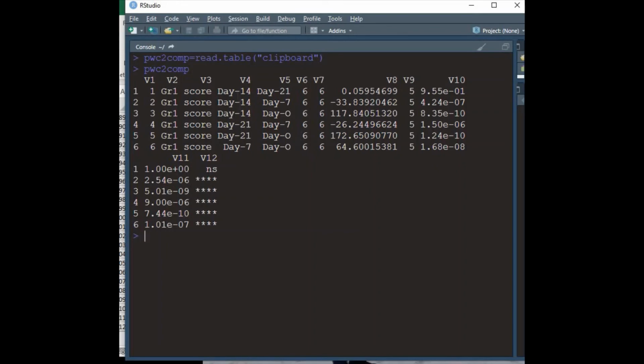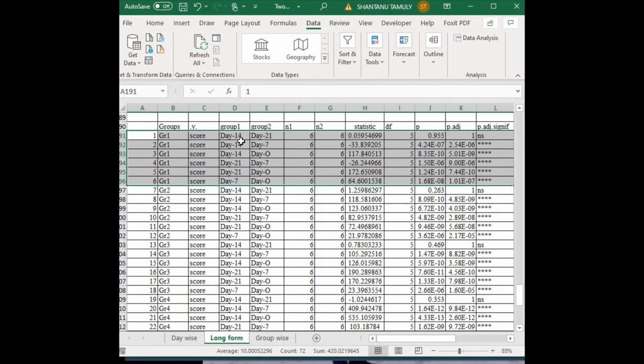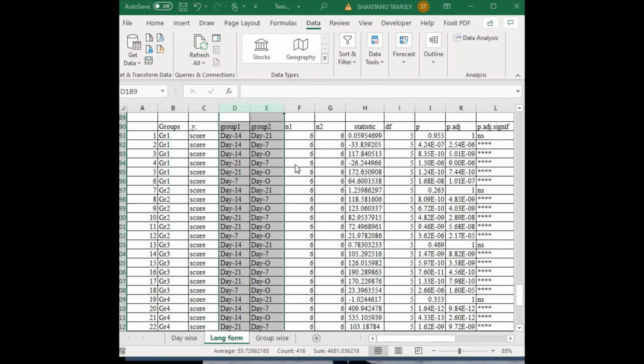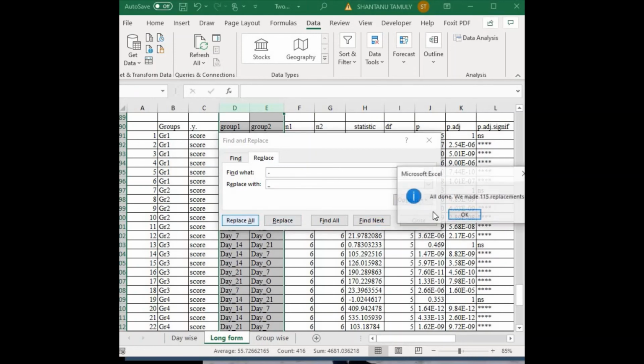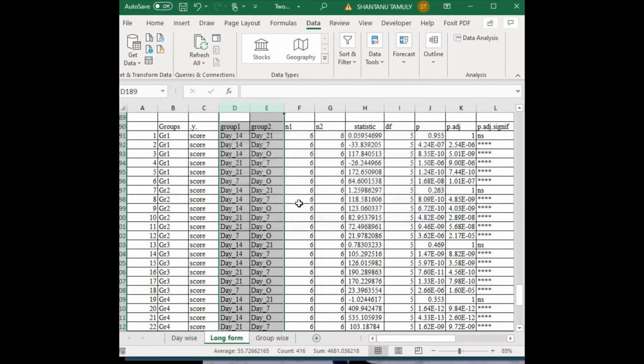So here there can be an issue because for day 14, between day and 14 we have put the hyphen, so we'll have to remove this hyphen for this purpose. But we can just go back to Excel. So remember that between the day and this number you should not have the hyphen, so I put the hyphen here. So simply in the Excel function, replace, I'll just put hyphen as underscore, so there won't be any problem. Okay, so all okay. So now I'll just repeat this once again,